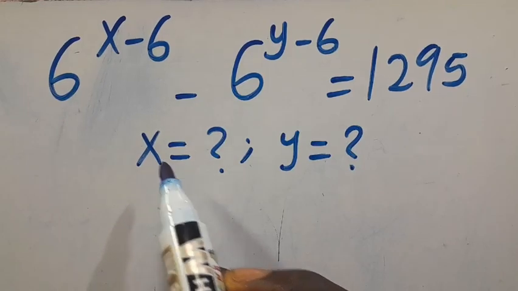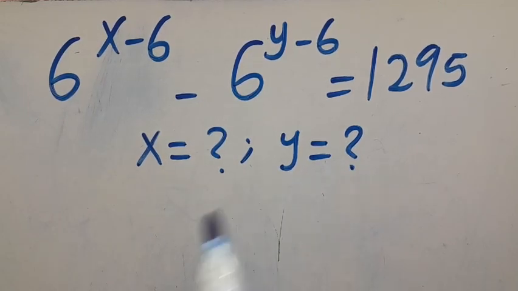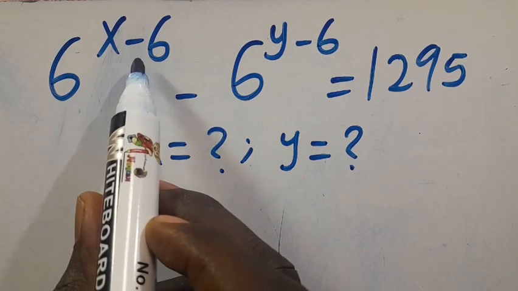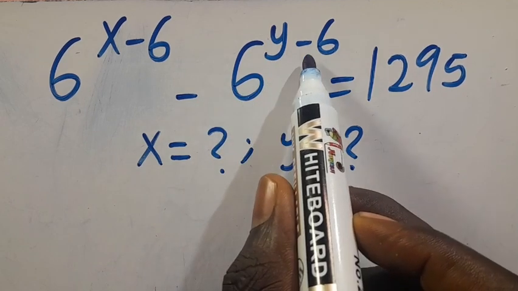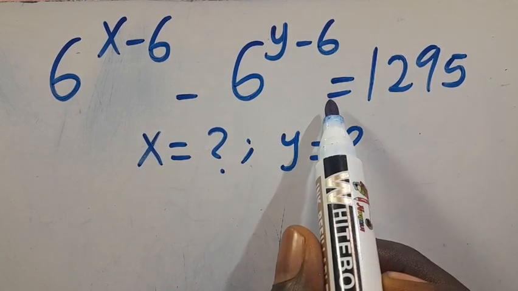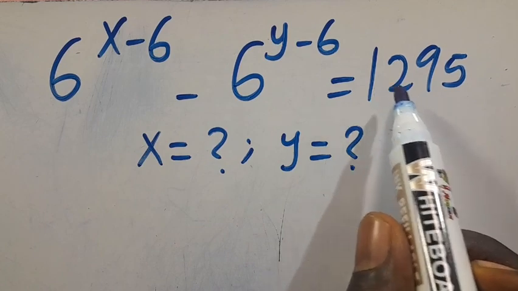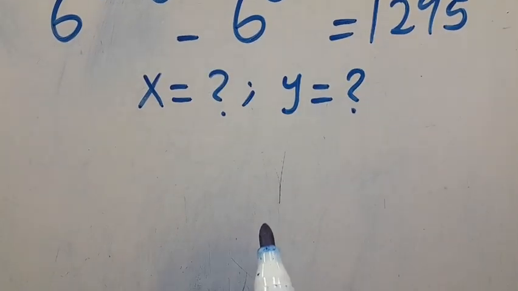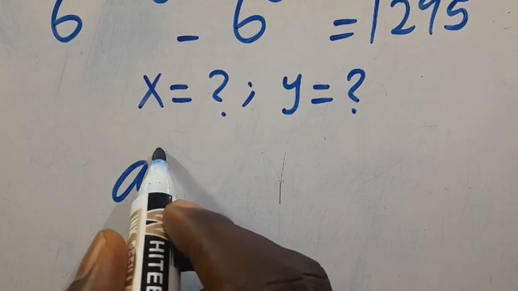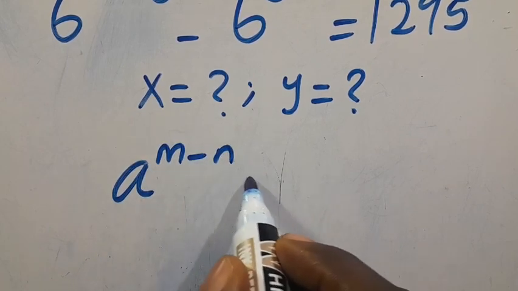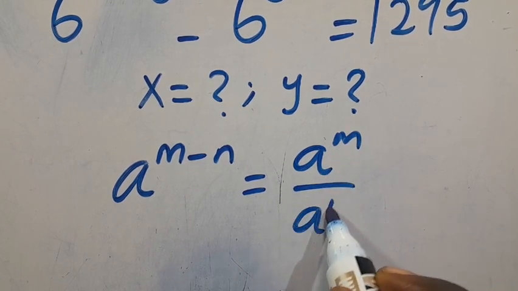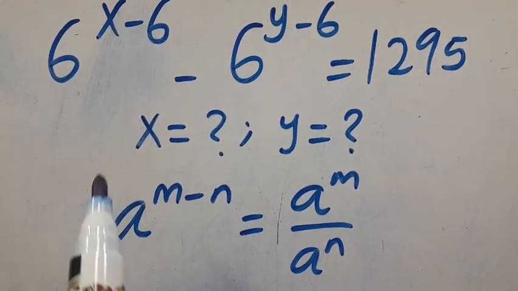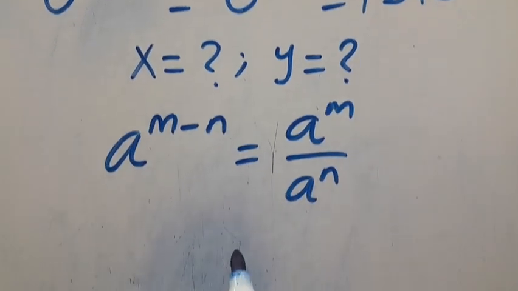What is the value of x and y, given that 6 to the power of x minus y minus 6 to the power of y minus 6 equals 1295? Recall that when you have a to the power of m minus n, it equals a to the power of m divided by a to the power of n. So when we apply it to this,